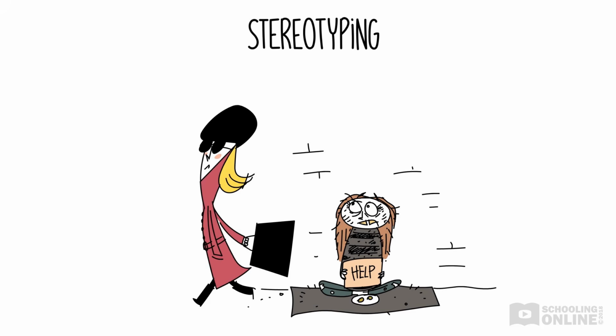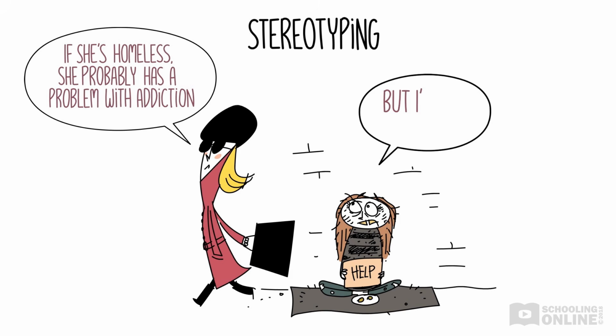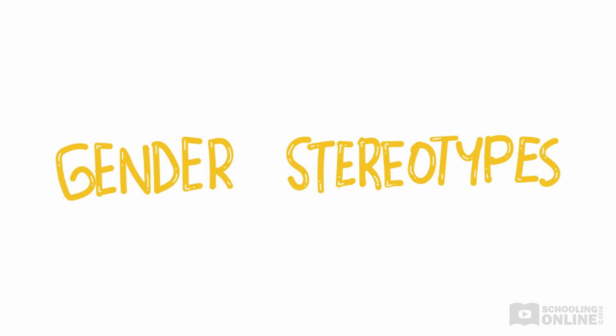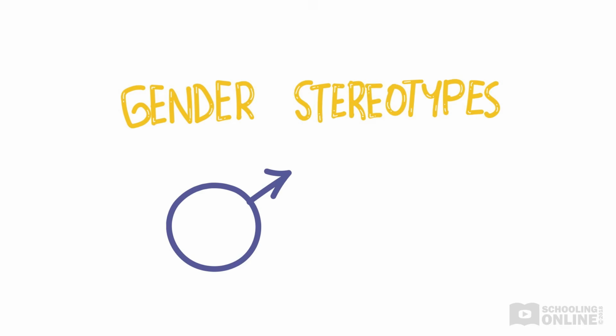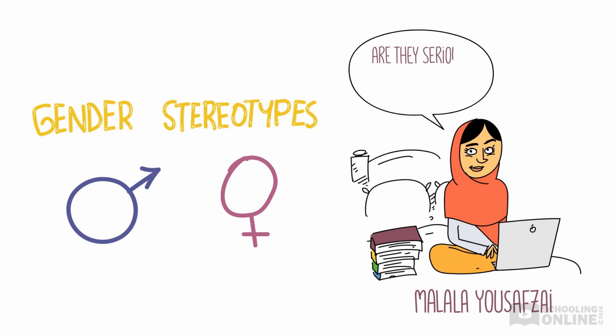Next, we have stereotyping. This is another super common bias, which is where you make big assumptions about a person or a group of people. Lots of people aren't even aware that they think about others according to stereotypes. For example, our culture is full of gender stereotypes. People might expect that you will act or think a certain way just because you are a guy or a girl. For example, in her memoir, I Am Malala, Malala Yousafzai talks about how when she was growing up, lots of people didn't want her to receive a good education just because she was a girl.